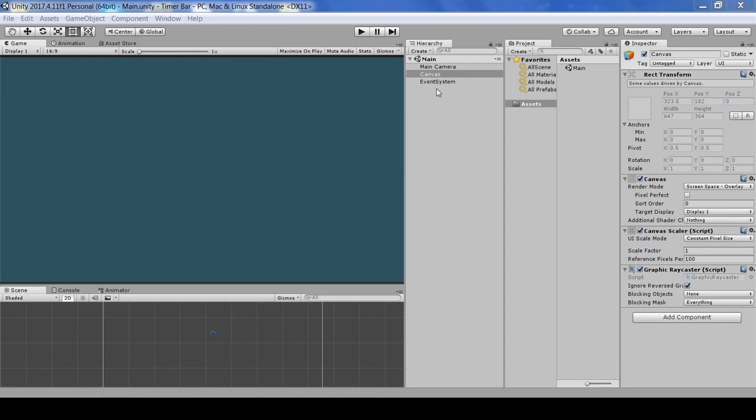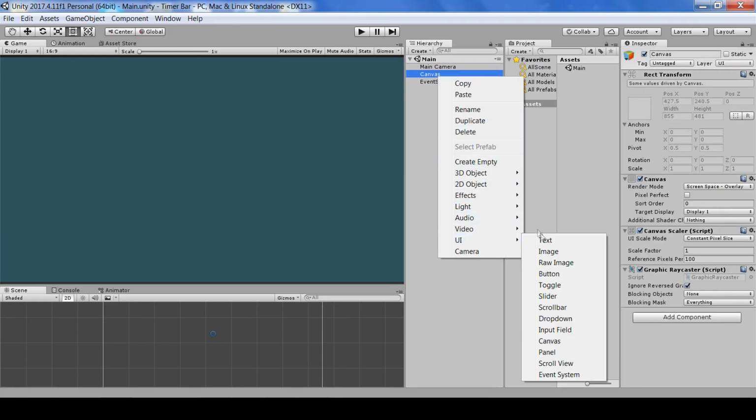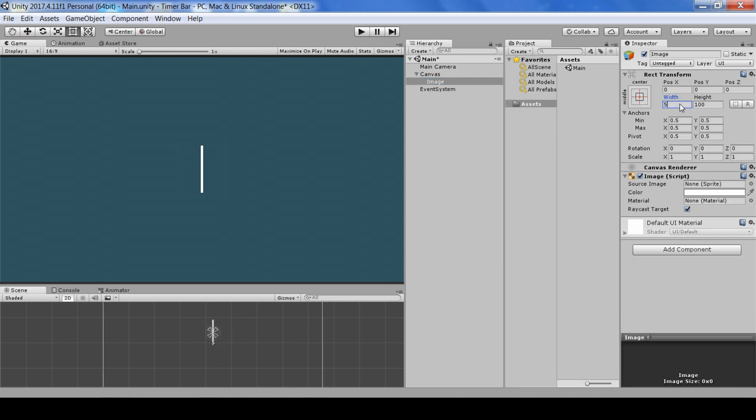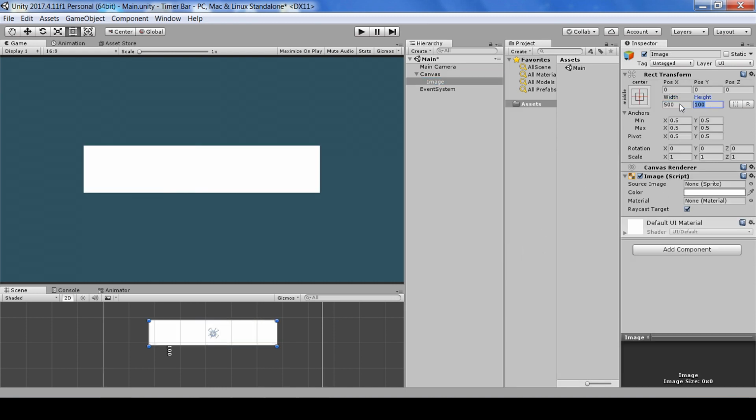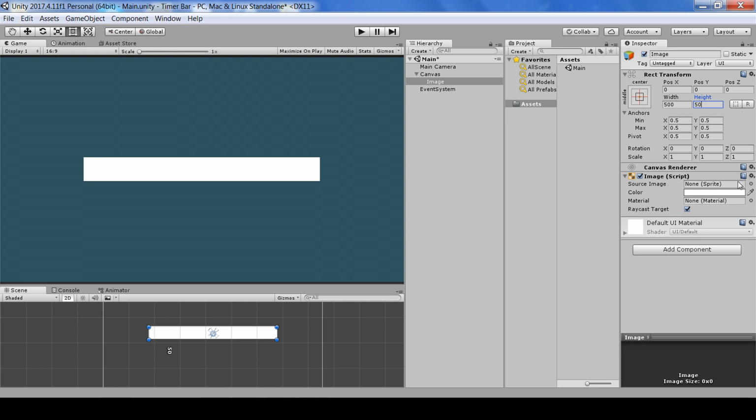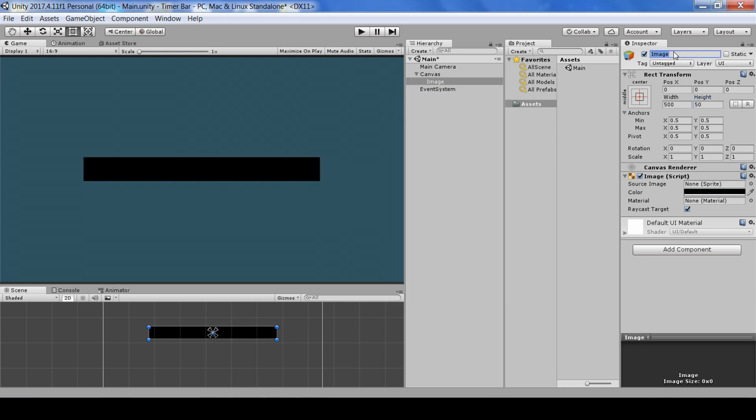In this video, I'll show you how to make a time bar in just 2 minutes. This is an empty project. First, you make an image, set the width to 500, height to 50, set the color to black, name it BG,